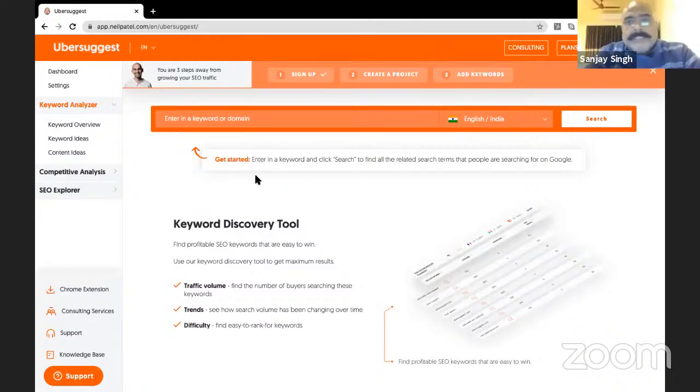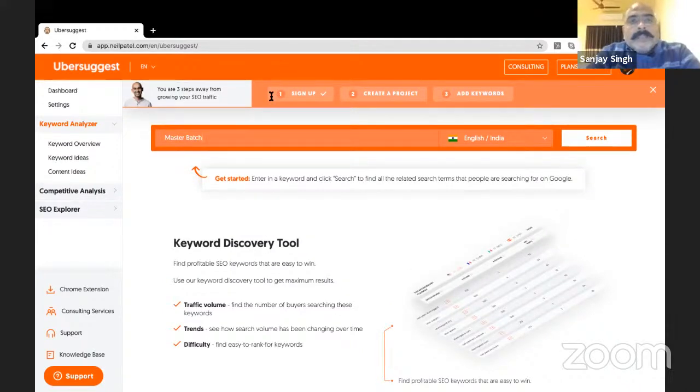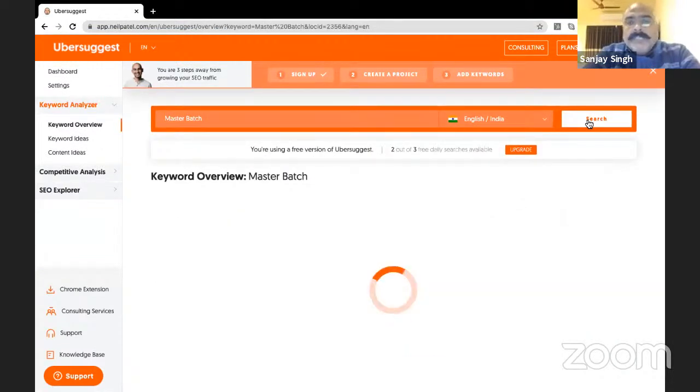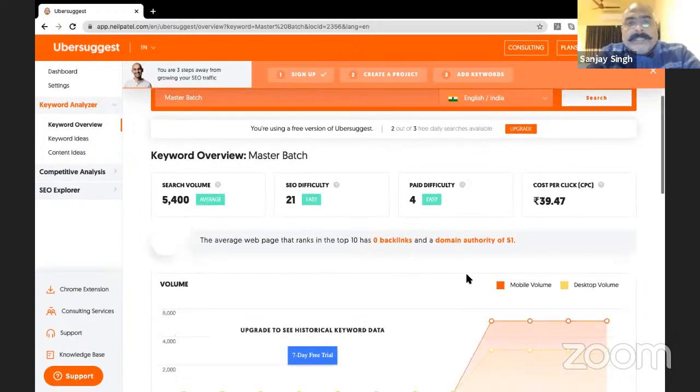So I'm on Uber Suggest. Okay, very good, I'm already enrolled there. The first time you do it, you'll have to register yourself. Now here you see it's very simple to use. On the screen, you can see: enter your keyword or domain. Now, if I want to do master batch and I do a search, what Uber Suggest does is quickly review the data of the entire world for you, and you can see the scroll bar rolling there, and it will give you that